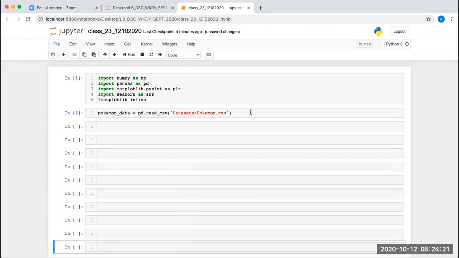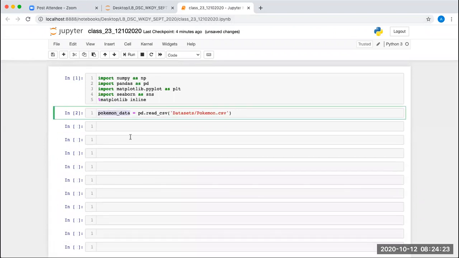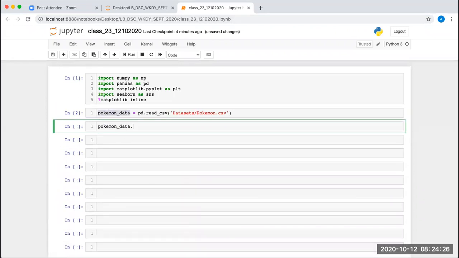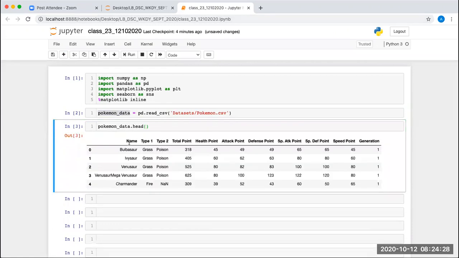If you look at the Pokemon data head, there are columns named type 1, type 2, total point, health point, attack point, defense point, and more. We are going to find the linear relationship between, let's say, total point versus health point.